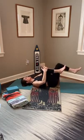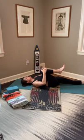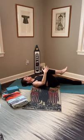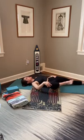We'll take our right knee in toward the chest, extend that left leg long. Left calf begins to press down on the mat with the toes coming up. And we'll take a circle of that right ankle. With our right hand and our right knee, just gently externally rotate that right knee out toward the right side